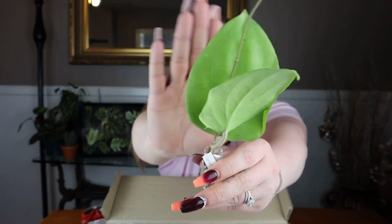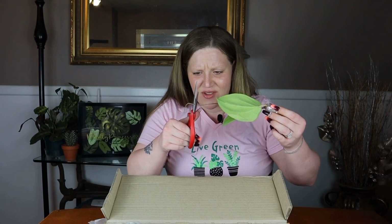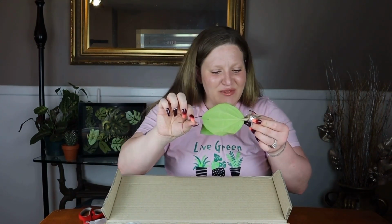So gorgeous. This one also has big venations running through the whole leaves, which I thought was really beautiful. And oh, it's broken right here at the tip, but that's okay. I'll just cut it off at the last active node, because this whole stem is still active. It's not dried up. Of course,